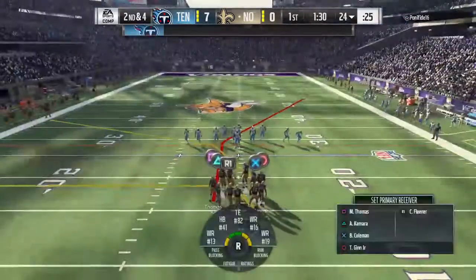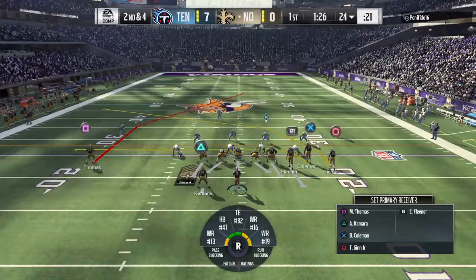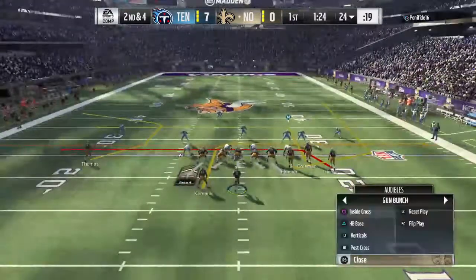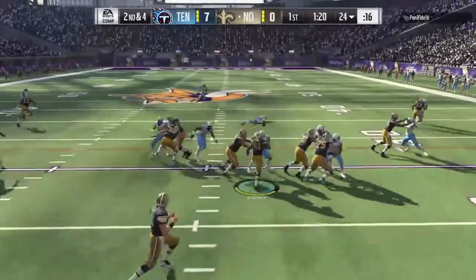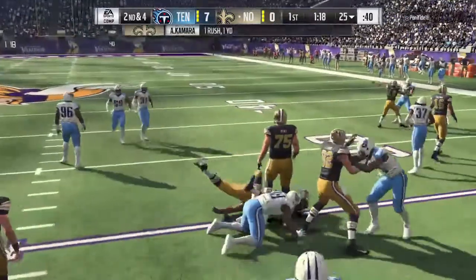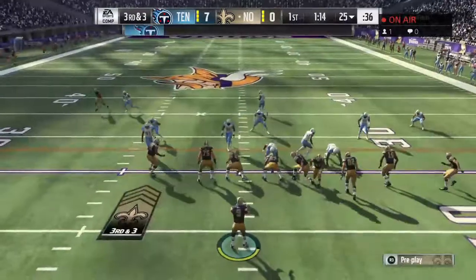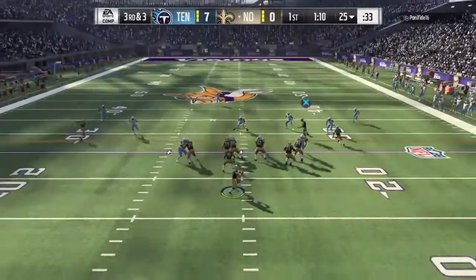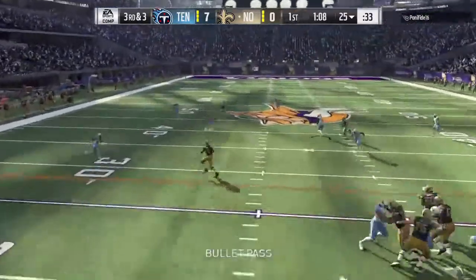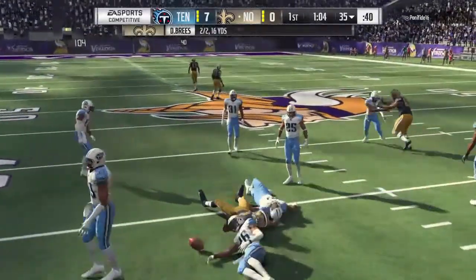Now, Charles, what's the mindset here offensively? You gave up the touchdown pretty quickly. Would it have changed if you had gotten a stop and it would be 0-0 right now, or no? I wouldn't think so. I think in most cases, just down a touchdown, I mean, we're just getting started here. It should be a long way to go. You think to yourself, stick with the game plan, all the things you worked on in practice. But you have some teams that when they get down, their natural tendency is to aggressively strike back. And let's see if they want to get outside of the game plan we expect and try and be aggressive